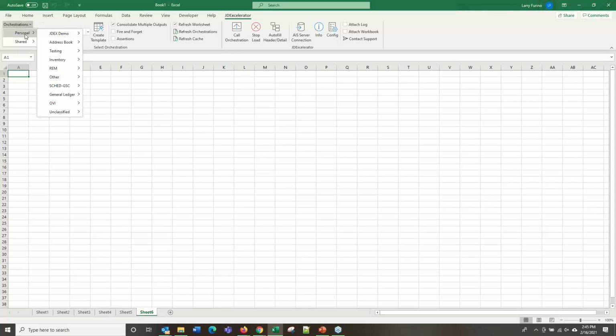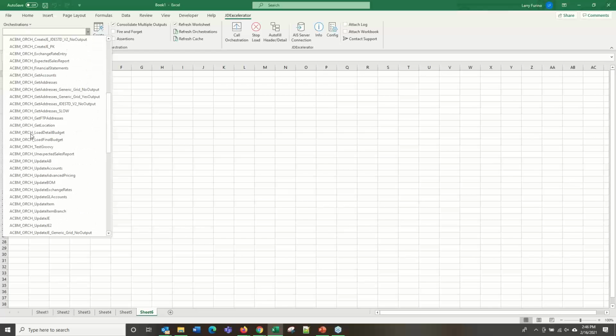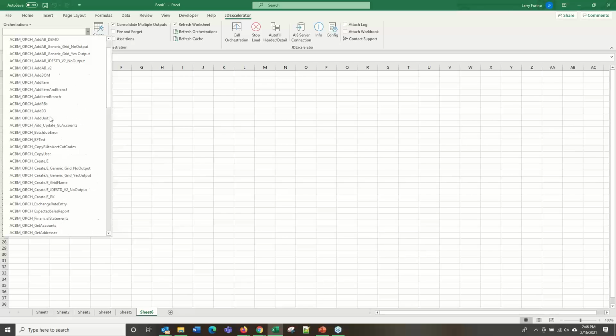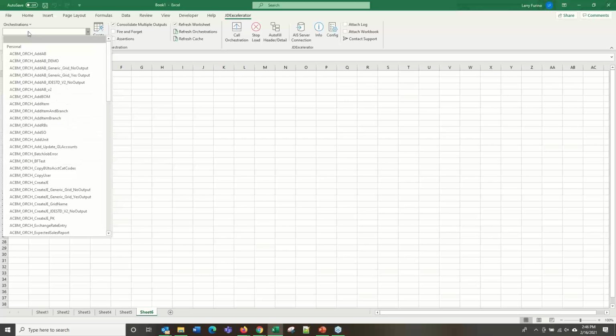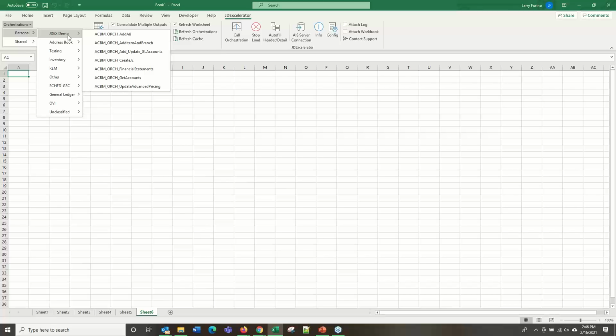Once again, I'm going to come back to orchestrations. And oh, by the way, I've been using this folder structure because I find it to be a lot easier. But if you're on an older version that doesn't support categories, all of your orchestrations are still listed here and grouped by that UDO group. So you can certainly sift through. I mean, this is not all the orchestrations that we've written, but we've certainly written a lot. But I just find it difficult to work with it this way. So I much prefer to take advantage of those categories that we have and use them to group our